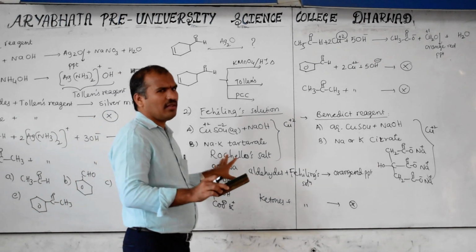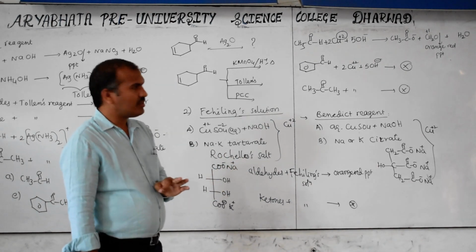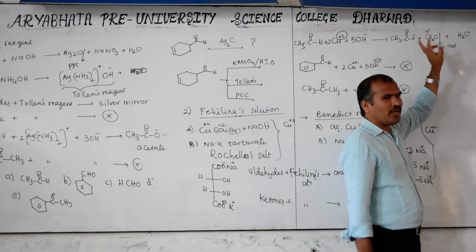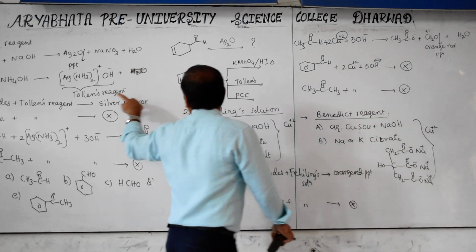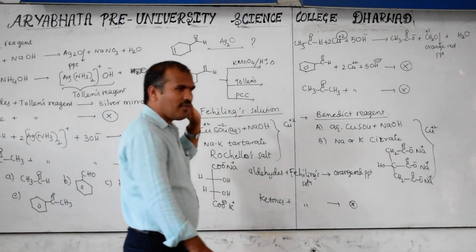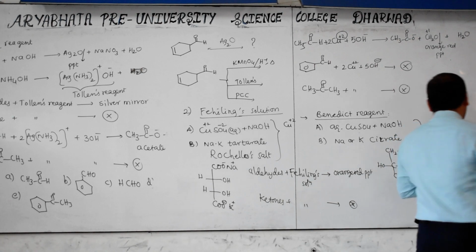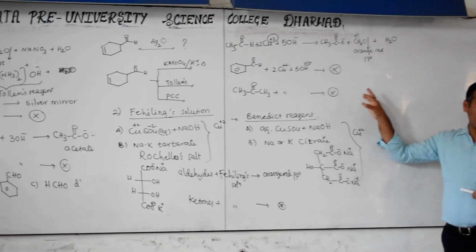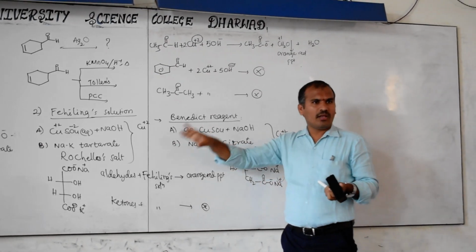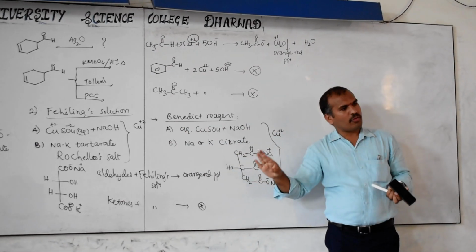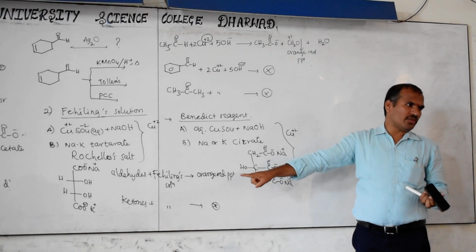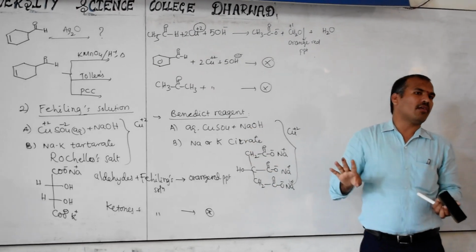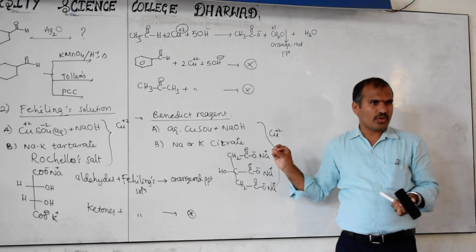This is up to PUC level. In the PUC exam, what will they ask? They will ask this equation, and you have to balance it. Here I am not balancing it, you have to balance it. Also in the Tollens reagent, they will ask to balance the equation. For competitive exams, I already explained clearly which will react and which will not. With the Tollens reagent, aliphatic aldehyde and aromatic aldehyde both react, but not ketones. With Fehling and Benedict reagent, only aliphatic aldehyde reacts; aromatic aldehyde and ketone do not react.